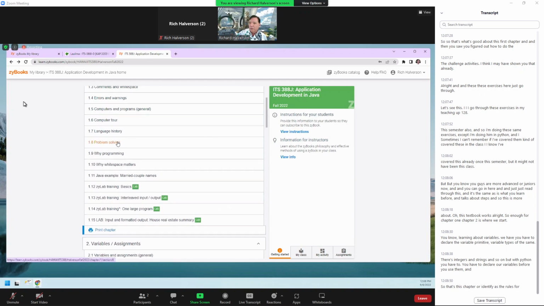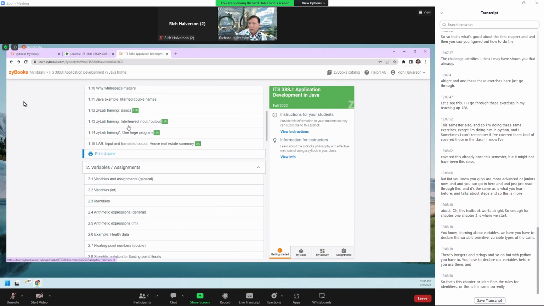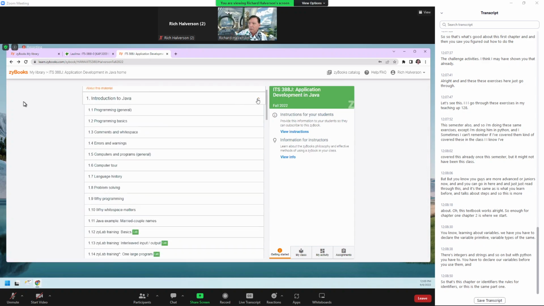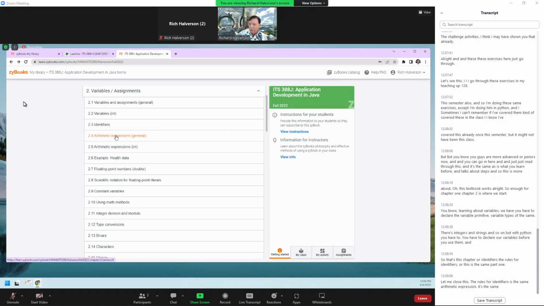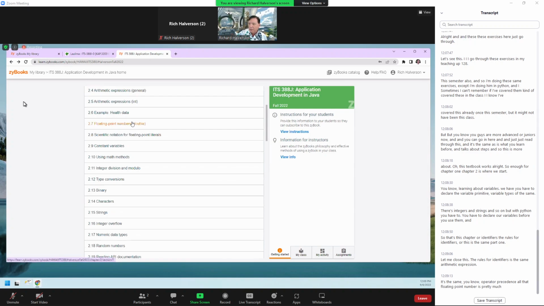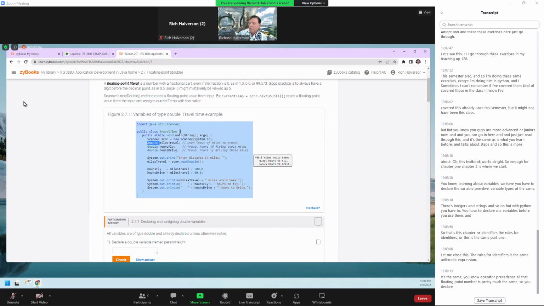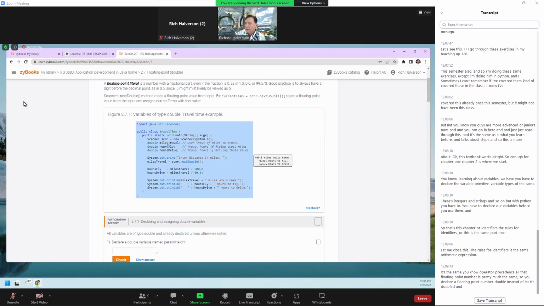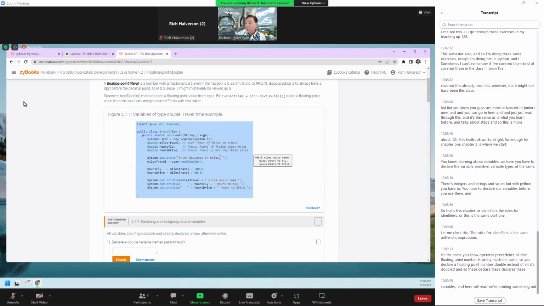Identifiers, the rules for identifiers are the same. Arithmetic expressions are the same, you know, operator precedence, all that. Floating point numbers are pretty much the same. So you declare a floating point number as double instead of int. It's double. And so this declares these variables, and here we're printing something out without a carriage return, and then